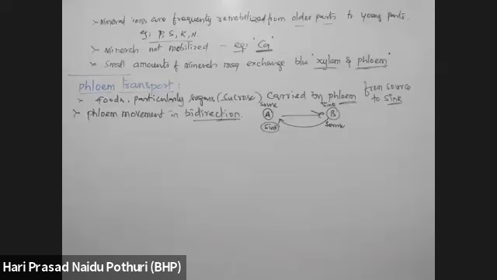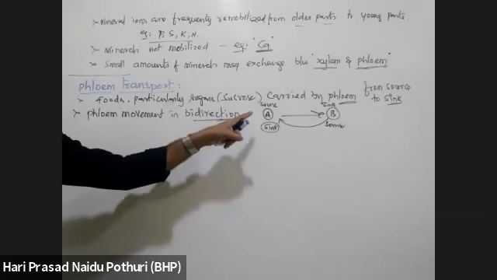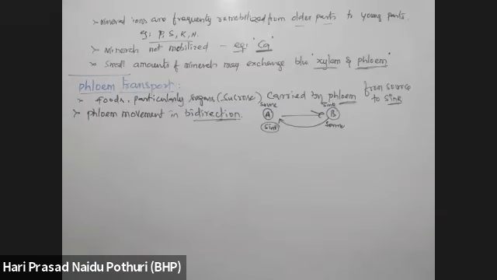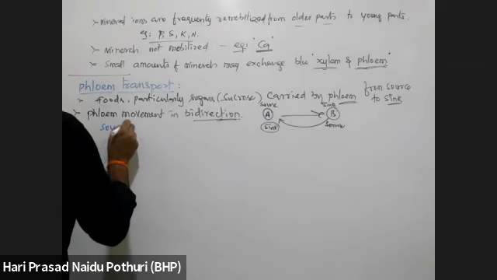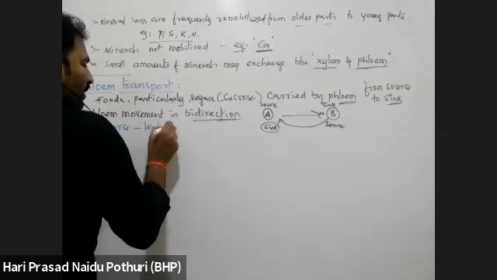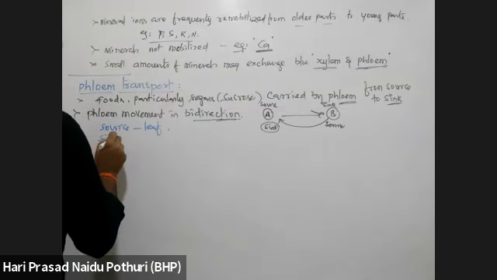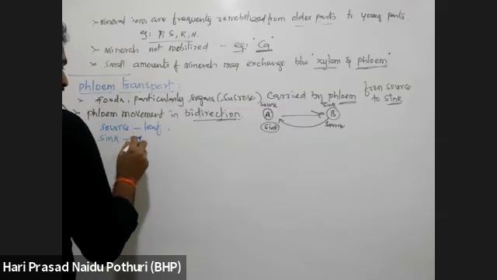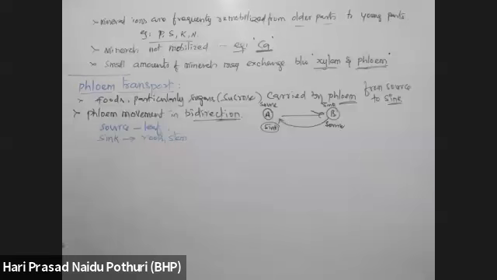Okay. Usually the source is the part of the plant which synthesizes food, and the sink is not synthesizing food. Usually here the source is the leaf where photosynthesis is taking place. The sink is usually roots or stem modifications or root modifications like storage organs. Here, depending on the season, there may be reversing.